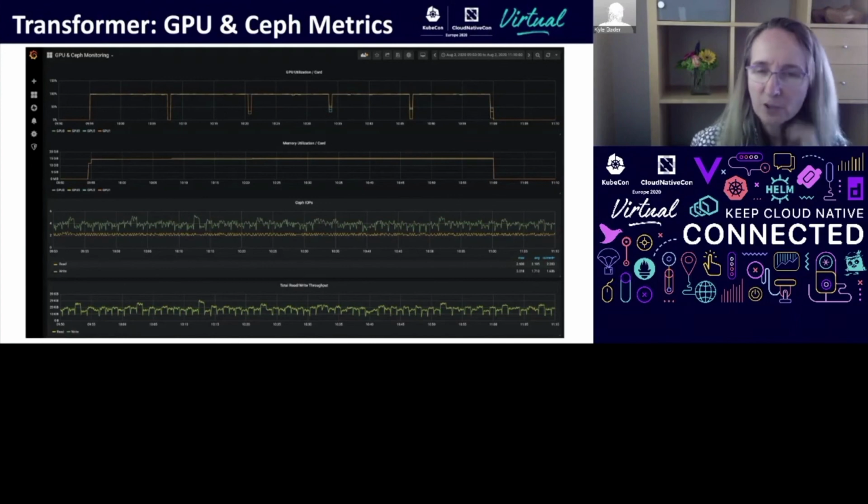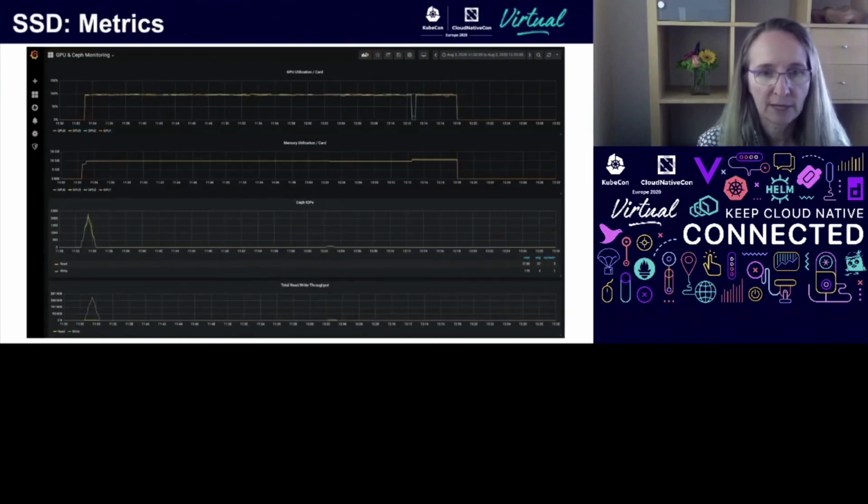Right, and it trains on sentence pairs. So the English sentence and the German sentence are sent together, and then you train. That's how the model is trained to translate from one to the other. And so it's not particularly I/O intensive, and the I/O is human language sentence pairs sent together.